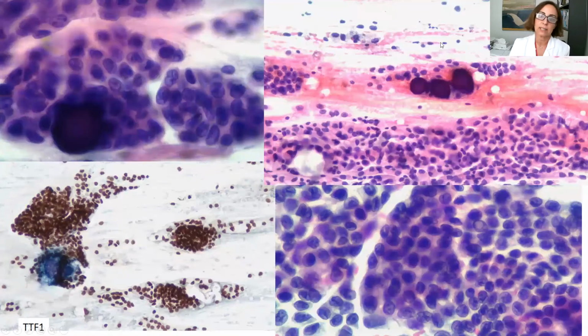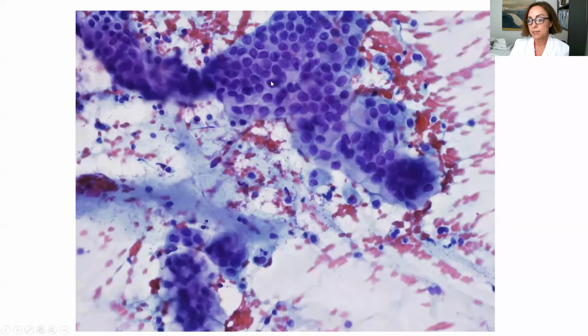And this is another example of a lung tumor with psammoma bodies, a lot of psammoma bodies, and irregularities of the nuclear membrane, even with groups like thyroid papillary carcinoma, and even with intranuclear inclusions like thyroid papillary carcinoma. In this case TTF1 is positive, and the patient has a lung mass with mediastinal lymph node metastasis. With this smear, there is no problem saying that this is a mucus-producing adenocarcinoma.